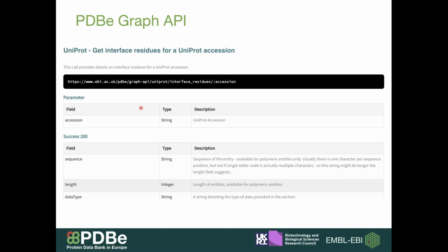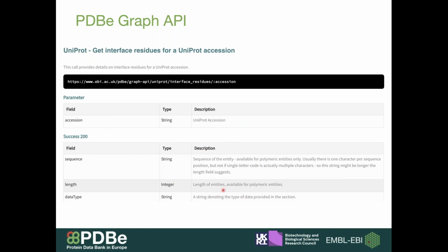This will take you to the section which provides a description of each call and a URL which can be used to access the service. It also provides some information on the parameters that should be used to access the service, and also a description of the fields